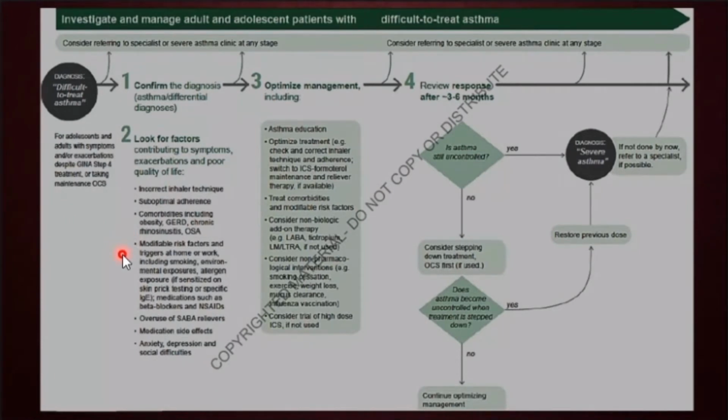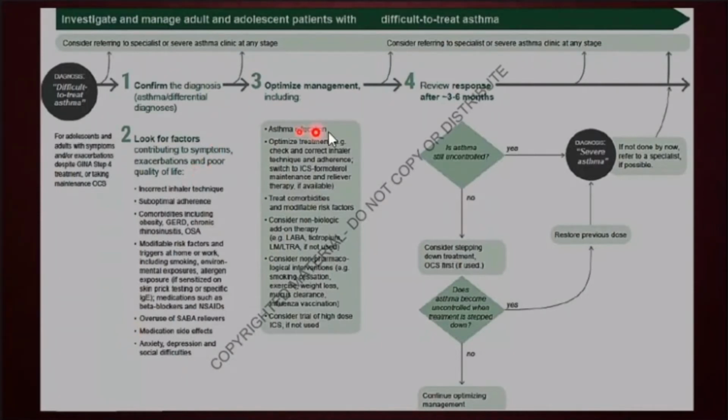There are modifiable risk factors, such as triggers at the workplace, then there may be triggers at home, including somebody else at home who's smoking, so the patient gets exposed to secondhand smoke. Okay, so all that. If there's allergen exposure, you do skin prick testing or IgE levels. Then if there's a history of overuse of SABA relievers without the use of ICS, because now the recommendation is that for reliever medication you also need to add an inhaled steroid, not just a short-acting bronchodilator. Okay, if there are any medication side effects which have caused the patient to reduce his use of these medications.